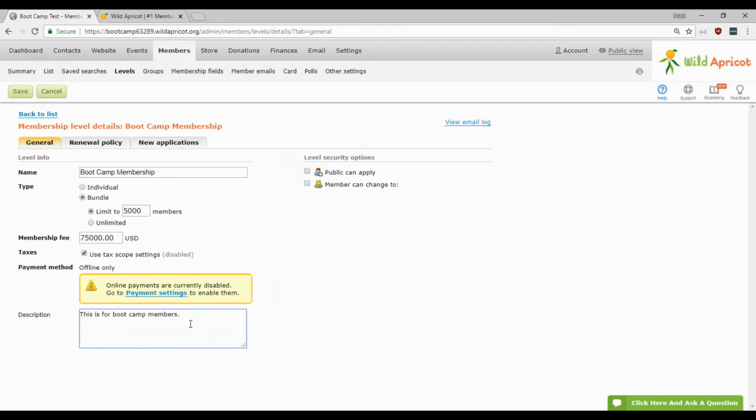Over here, sorry, we're done with the description. I have nothing to add there. Up here on the top right, you have a couple of other options, and I'll quickly explain what these are as well. Where it says public can apply, this means quite literally that if you have this checked, then somebody from the general public could go to your site, see this Bootcamp membership option, and go ahead and apply for it. If any of you want to do that, just a reminder, it is worth $75,000, so